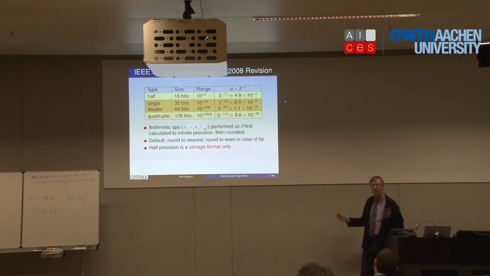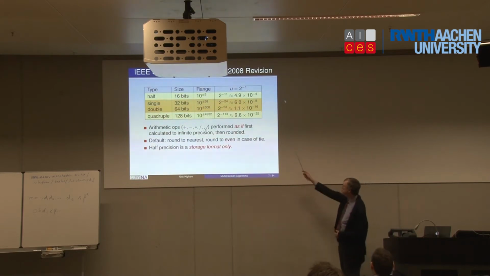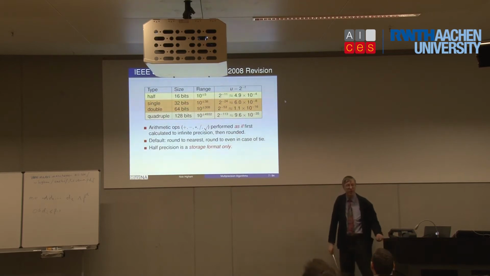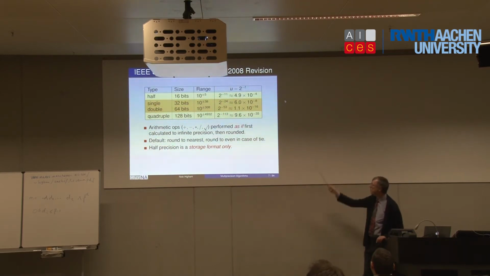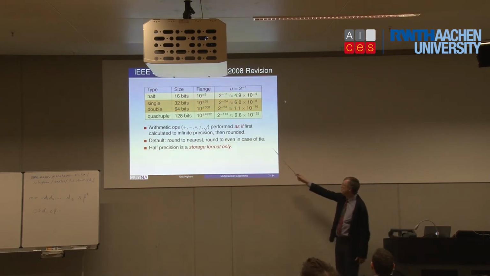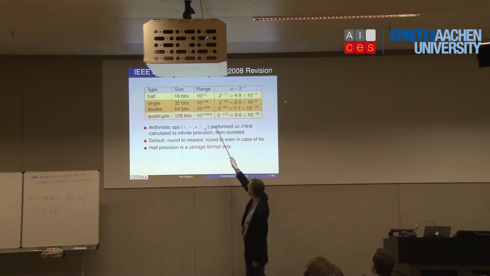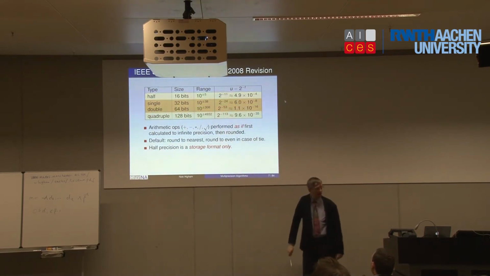And if you go into MATLAB, MATLAB works in double precision, and you know that you get about 16 decimal digits worth of accuracy in a basic computation. For single precision, you can see there's a much smaller range, about 8 digits worth of accuracy. So they were defined in 1985. And there's a revision of the standard in 2008, which introduced 2 new formats. So quadruple, 128 bits, about 35 digits of accuracy, and an even huger range, and half precision.